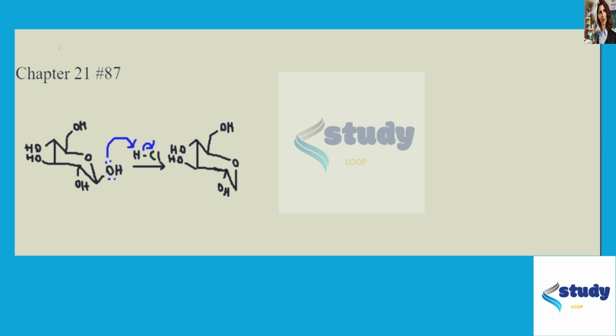Okay, and so once it's protonated, it will look like this. And so we know it will have only one lone pair and a positive charge. And it's going to be a good leaving group now. It's going to be able to leave as water. And so that is what's going to happen. The carbon-oxygen bond there breaks. And that is going to take us to